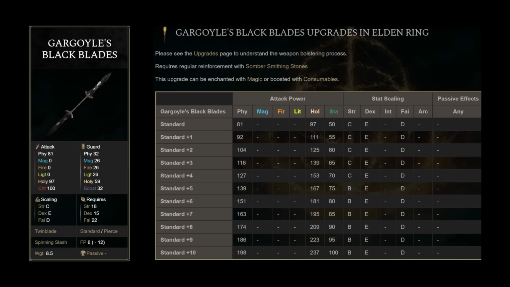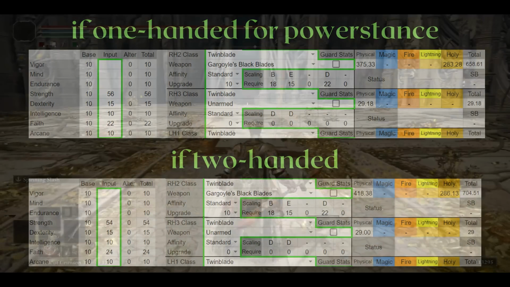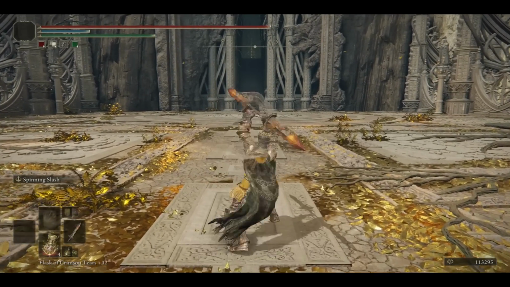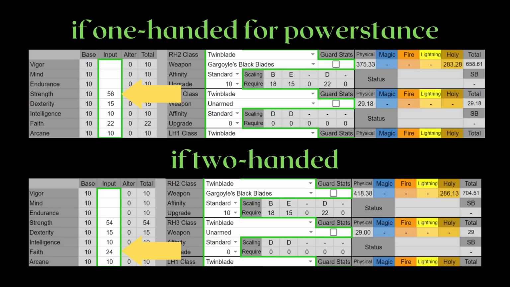This is the Gargoyle's Black Blade, which does not have a unique weapon art. For this Twinblade, I will be showing the stat distribution like so, because there is incentive to two-hand Twinblades for its moveset. A one-handed Twinblades moveset is quite frankly weak. It doesn't have high poise damage, a fast attack, reach, or anything for that matter,